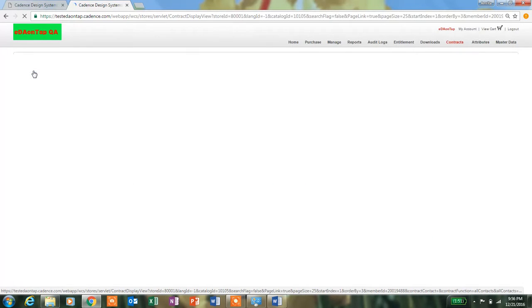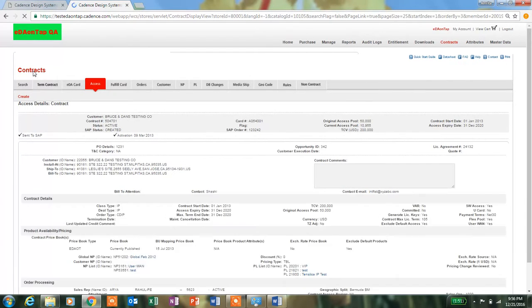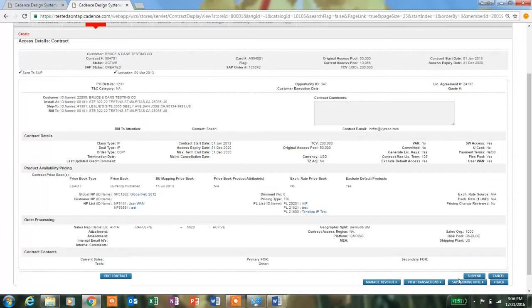Suppose for that card, we see the details of the card. Here the SAP status is active and created, and the activation mail was also sent. Then if we click